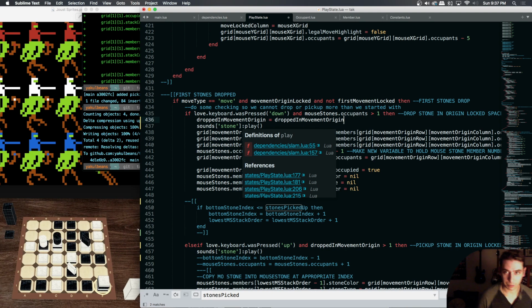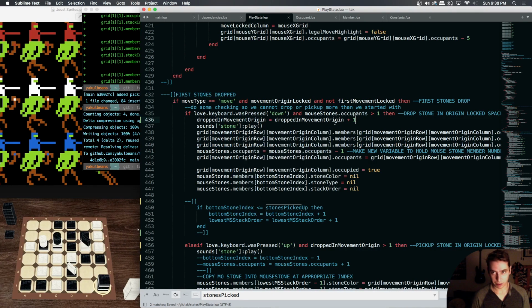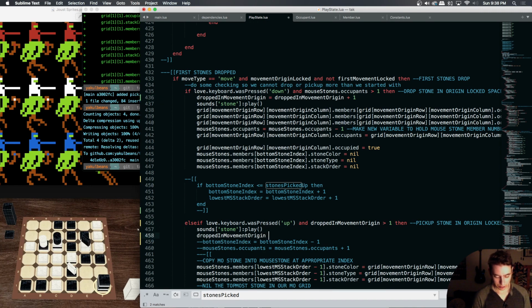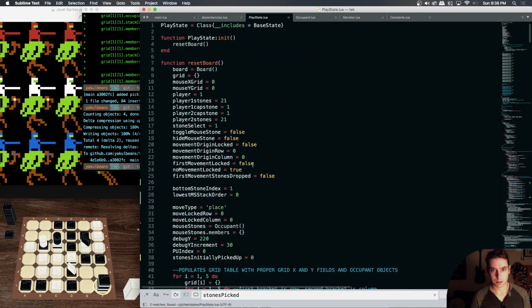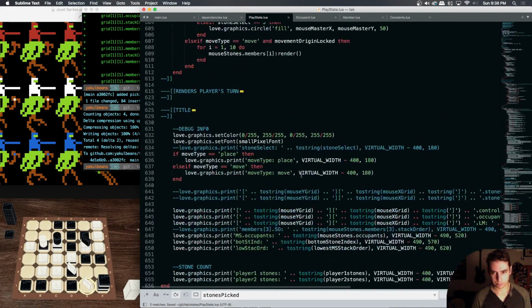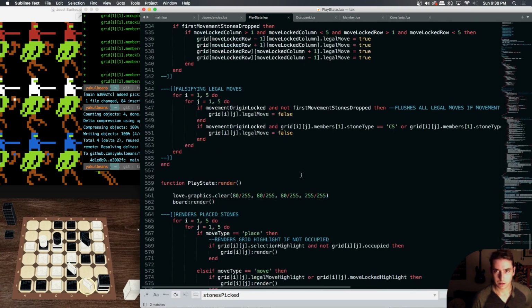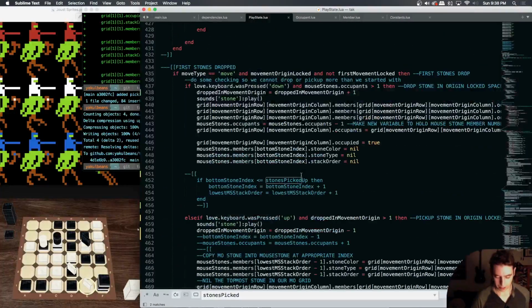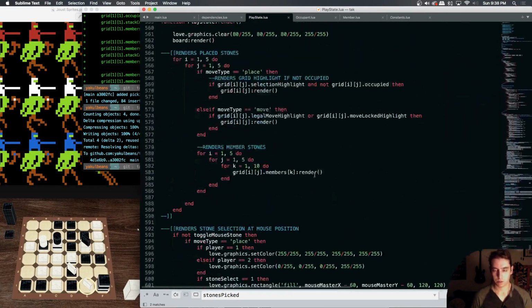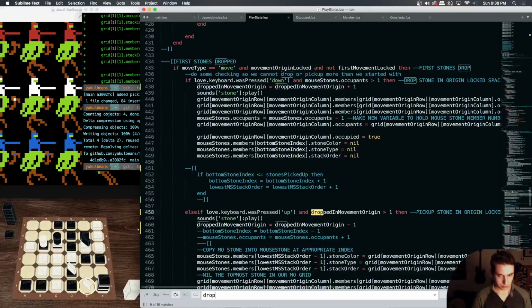So we can say dropped in movement origin gets incremented anytime we drop. But anytime we pick up 1 successfully, we need to decrement it, so we get ourself -1. Now we need to initialize this as 0. Let me take a look at where are we? Movement origin drop, or dropped in movement origin. Yeah, here. Okay, so